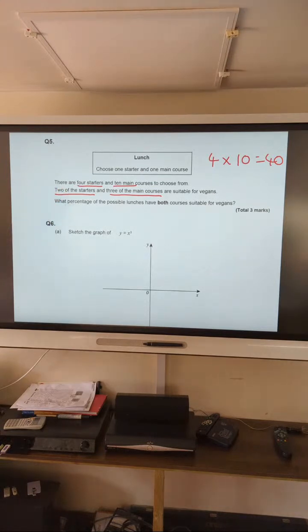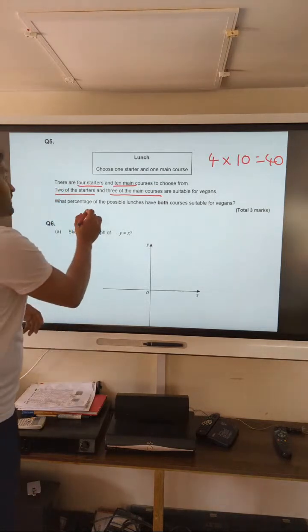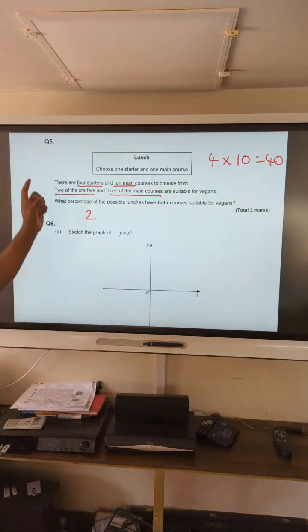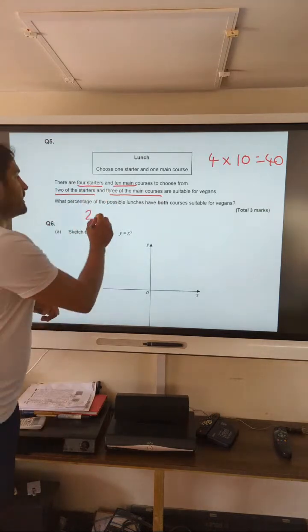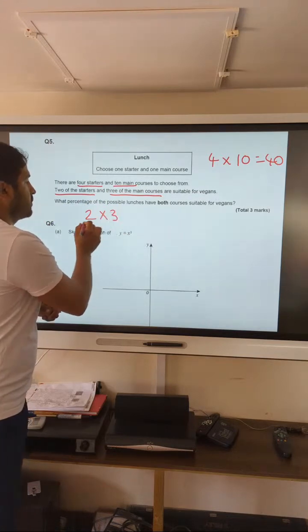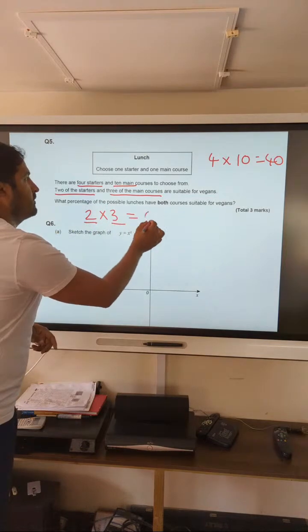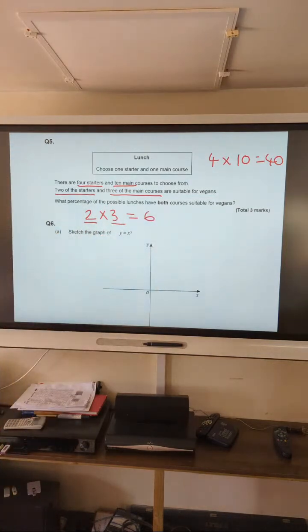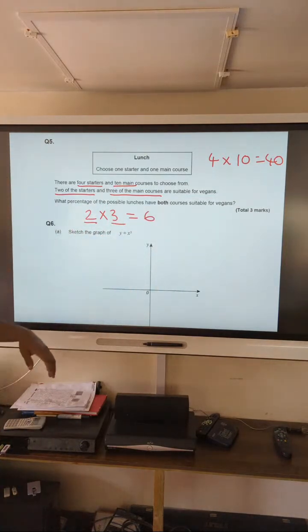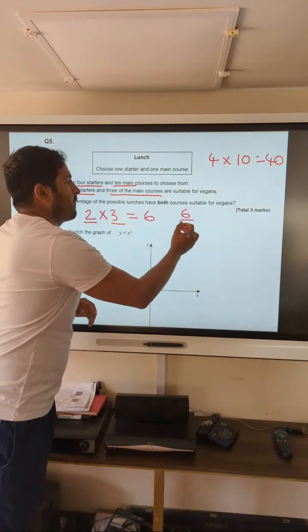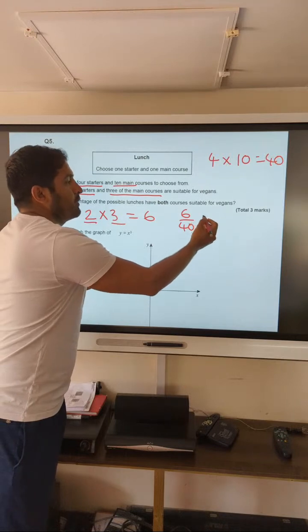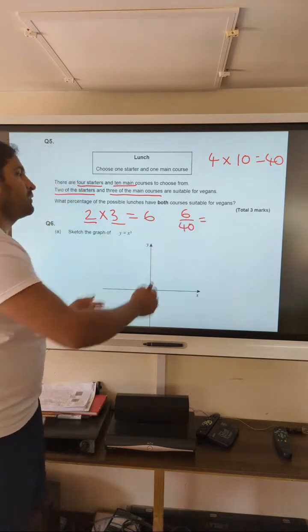And then 2 of those starters are vegan, so we have 2 choices for the vegan starter, and we have 3 choices for the main. So 2 times 3, so 2 choices for the starter, 3 choices for the main. So there are 6 possible lunches that you can serve to a vegan, if you mix and match. So 6 out of 40 is the possibility or percentage that you can use. 6 out of 40 courses that are suitable for vegans, and we just need to change 6 out of 40